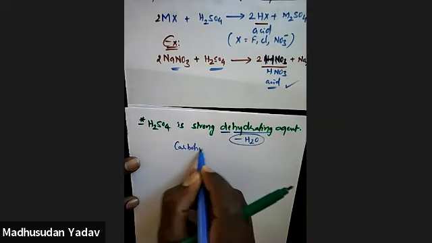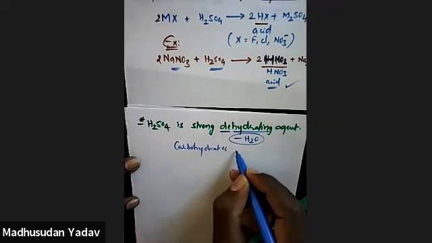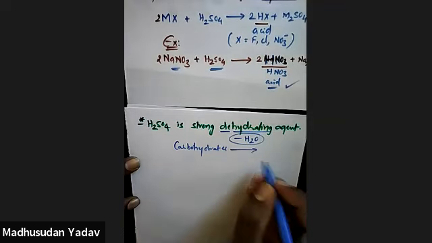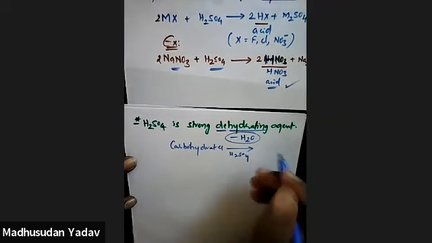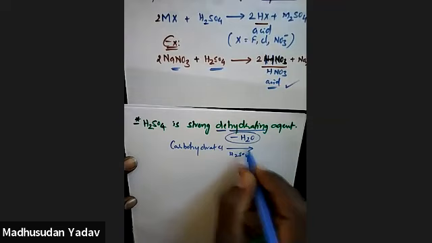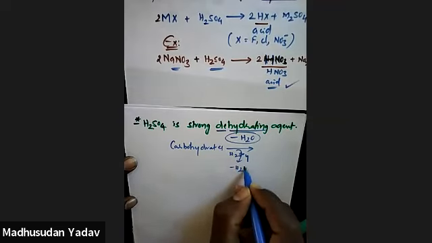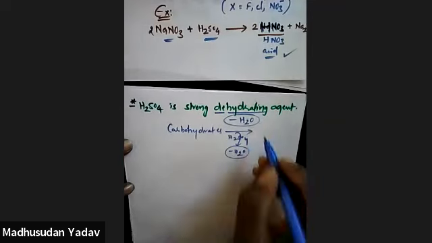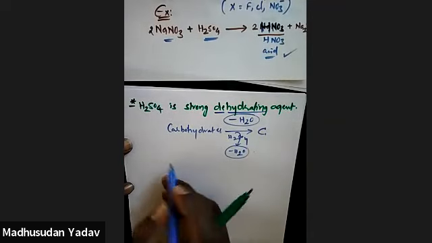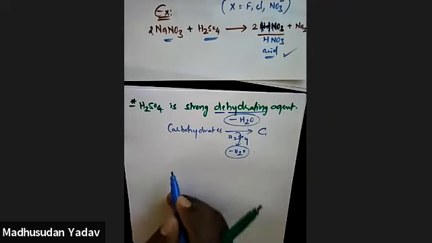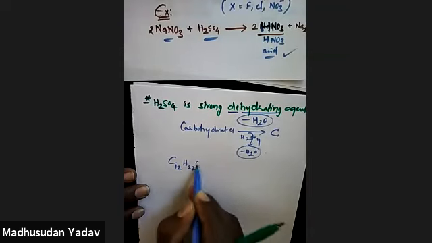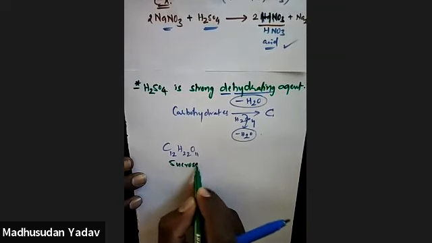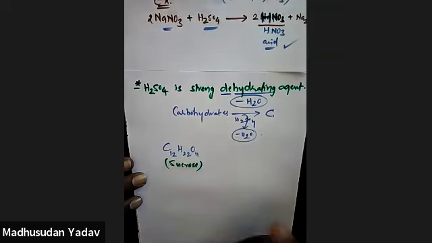If you take a carbohydrate, it is a carbohydrate identification test. Very important. If you use sulfuric acid, water is eliminated. If you use H2SO4, water is eliminated from that. So you will get simple carbon. Suppose you take an important carbohydrate, C12H22O11. What is this? Sucrose. It is a carbohydrate or not? Carbon, oxygen, hydrogen. So carbohydrate.